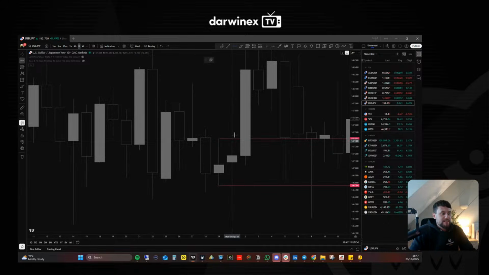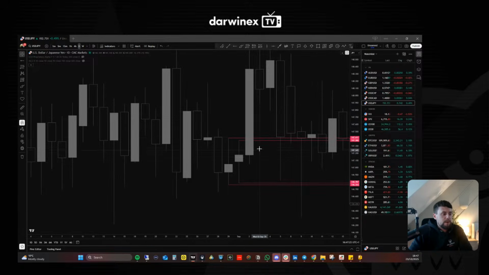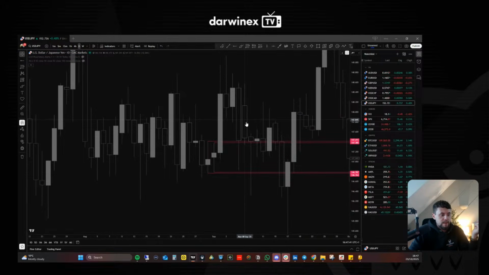The next day also forms an inside bar. Now this is a unique one because it's the actual following day, but this happens. Now what would happen was it would leave the first pending order in, but it would enter a second one. Now, as you can see in this example, it would be great because you would hit target on both sides. So you would have on that third day here, when price breaks out, you would have hit target on both of those long positions. And then when price comes back down in this candle, you would have hit target on both of those short positions as well.